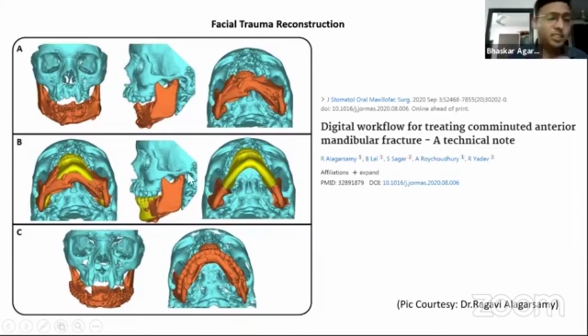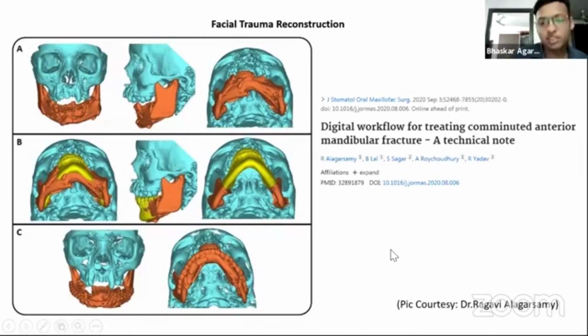So what we decided was to take a CT scan from a same age group female patient. This CT scan is of a female patient only. We took the mandible out of that scan and used it to reconstruct the mandible.